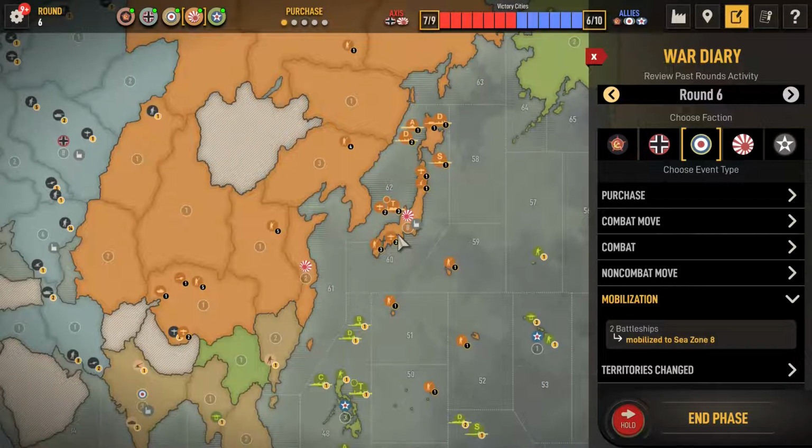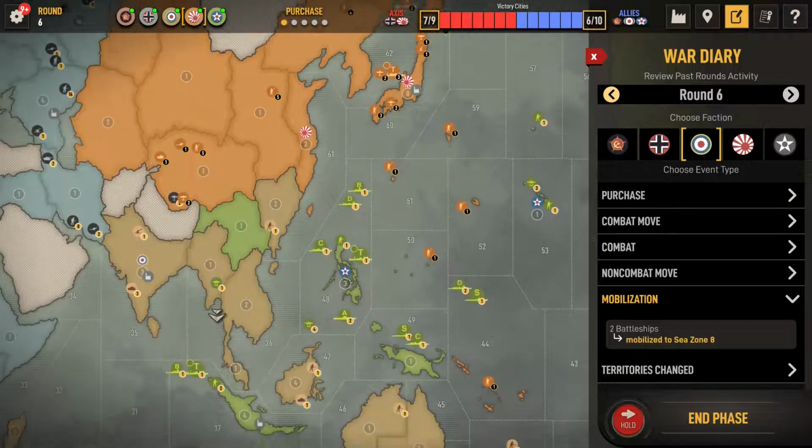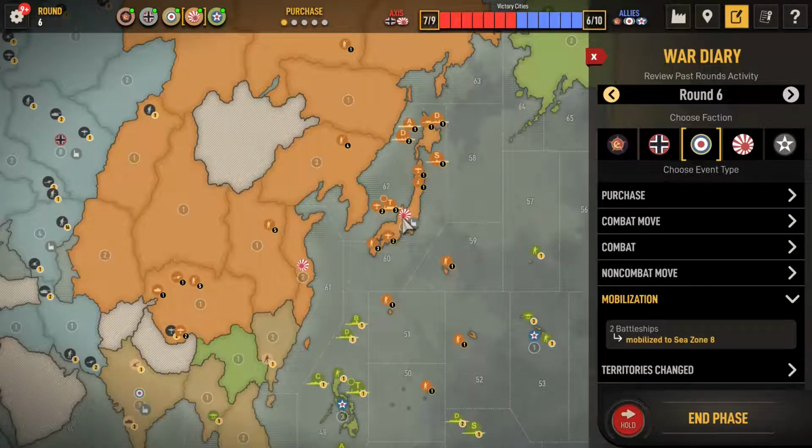So let's see. What could he do with these? If I have 1, 2, 3, 4, 5, 6, 7, 8, 9, and he's got 1, 2, 3, 4, 5, 6, 7, 8, 9, 10. He can bring this fighter as well. So does this need to be all...